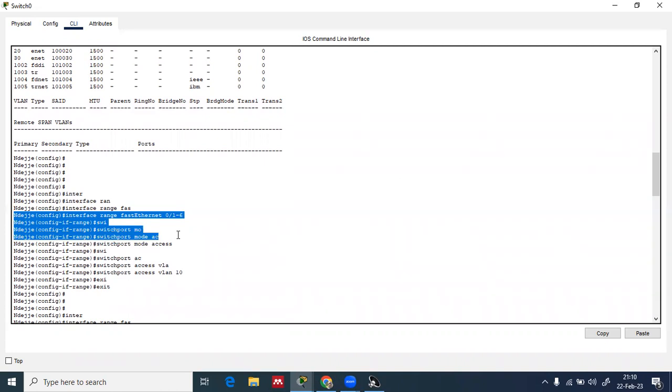You want to assign a certain number of interfaces to a certain VLAN on a switch. Say there are 6, you show it from here and say I'm assigning from 0/1 to 5, whatever you want. So you are showing that all these interfaces should be assigned to